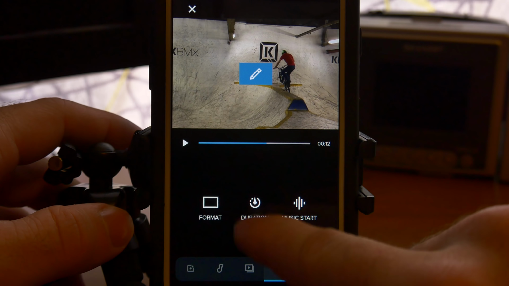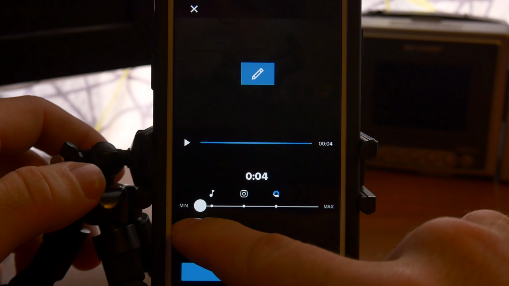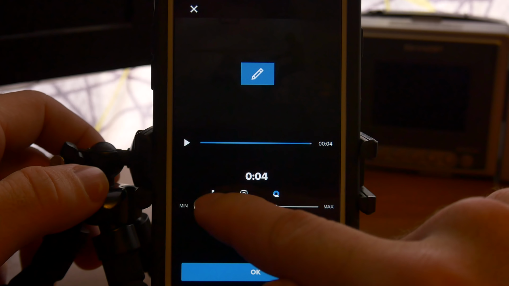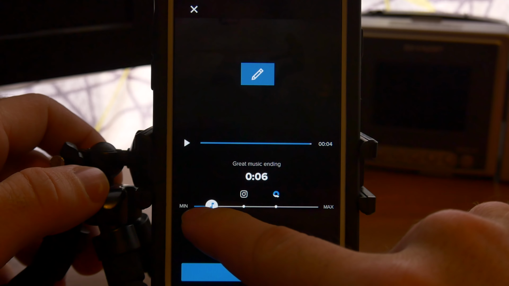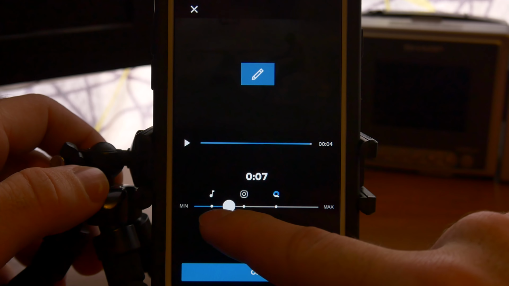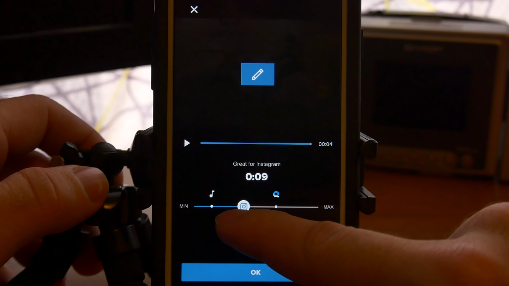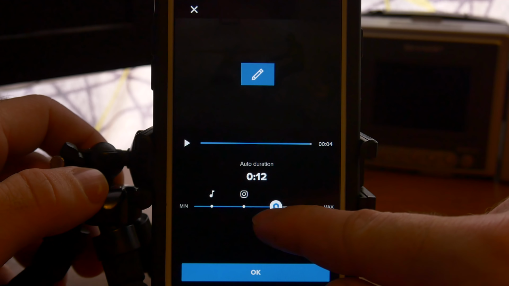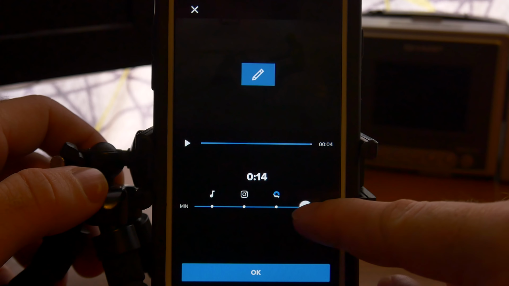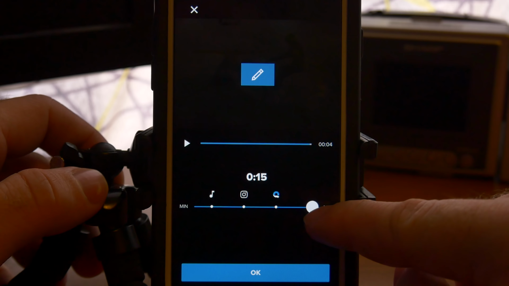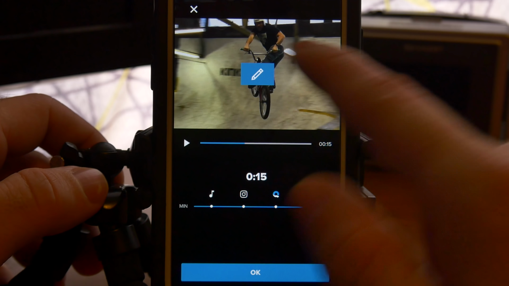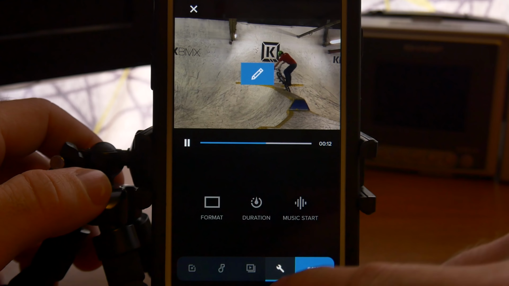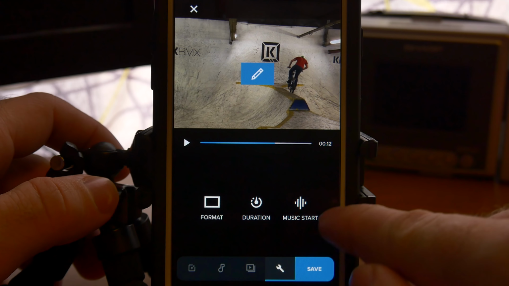We've got a duration button. So it looks like this duration slider here is just a way to tighten up or extend the clip lengths in the video. We've got a music icon here which says great music ending. Then we've got an Instagram icon if you keep going, which says great for Instagram, which is 9 seconds. Then we've got the quick default length, which is 12 seconds, and then a max length of 15 seconds for this video, which is still editing the lengths of the clips. It's just making them a little bit longer. So we're going to go with the default here, push OK,